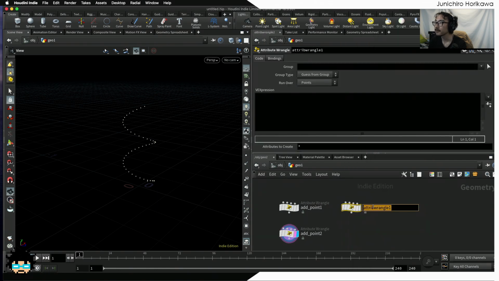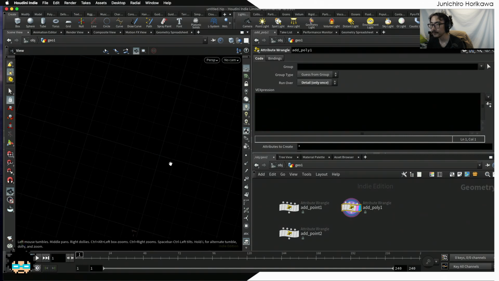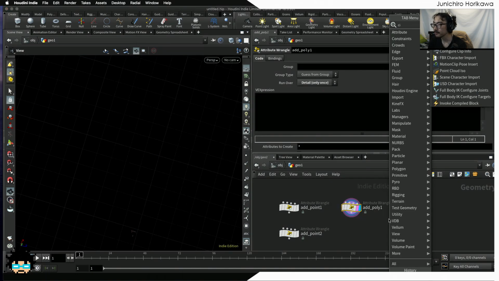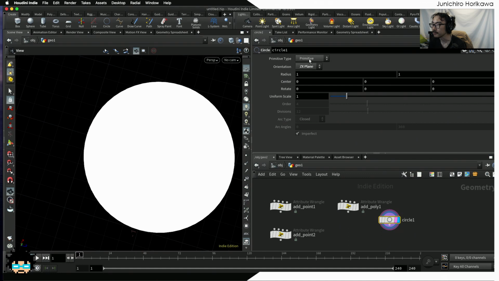And let's name this add poly 1. And let's set it to detail. Let's first create 3 points to make it a triangle. Now what I'm going to try to do is to create a similar looking triangle created by this circle node,